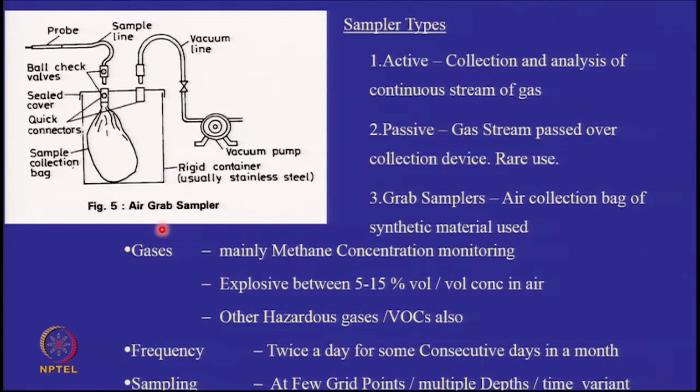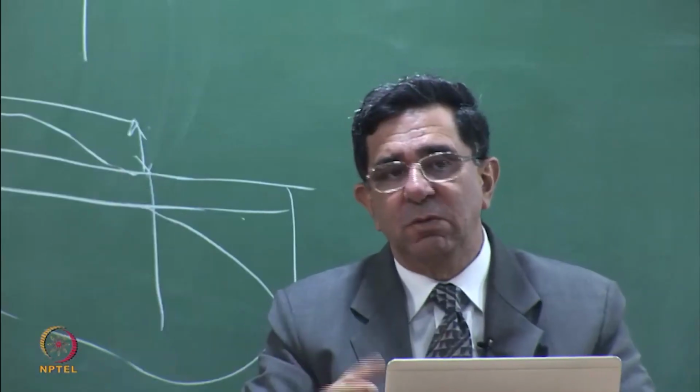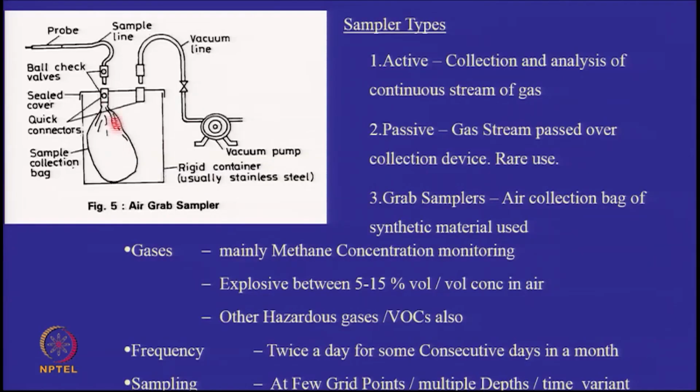I'll not talk about gas samplers, but there can be active samplers, passive samplers, and grab samplers. You basically need a sampling tube. This is a grab sampler. This is a bag which is collapsible. You will collapse it completely, and then you will inflate it by applying suction in this chamber outside, and here all the gas will be entrapped in it,